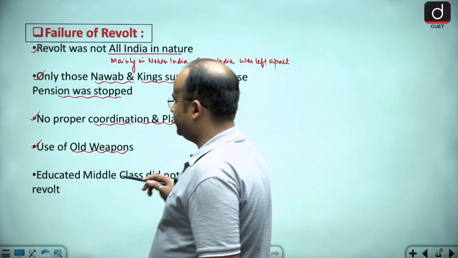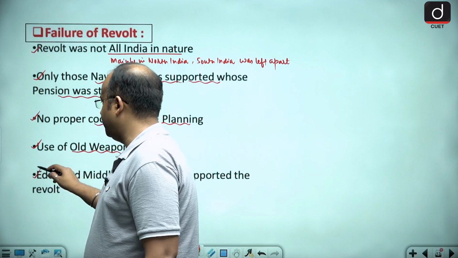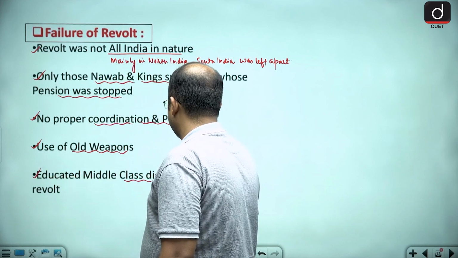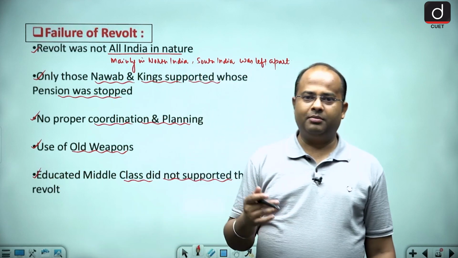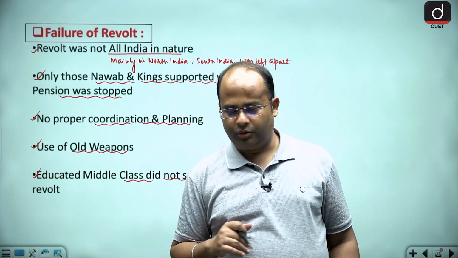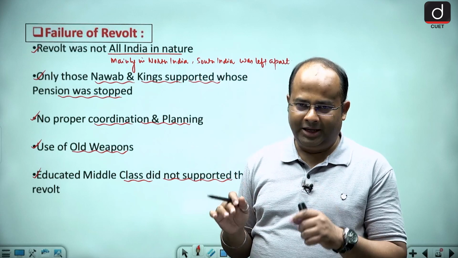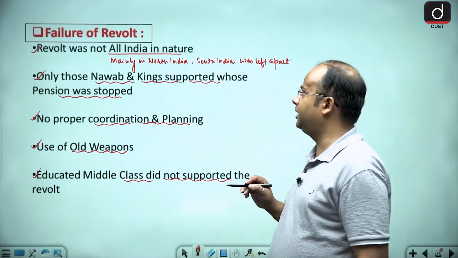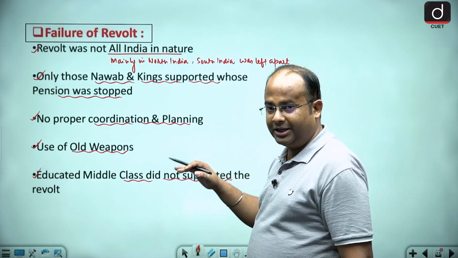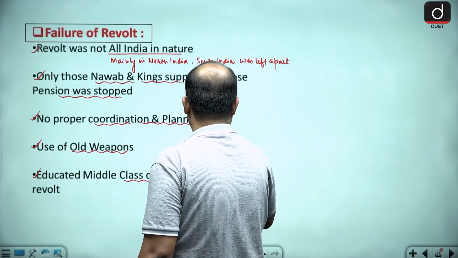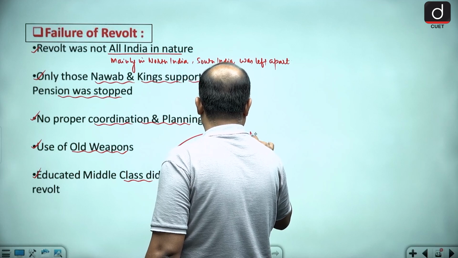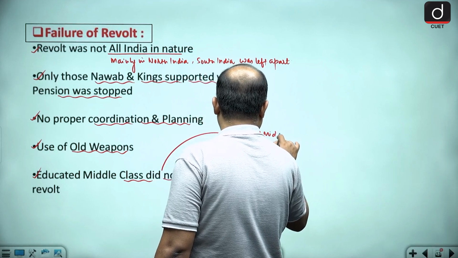Other than this, guys, the next important thing is that the educated middle class did not support the revolt. Now, why did the educated middle class not support the revolt? According to the educated middle class, the British government was reforming Indian society. So according to the educated middle class,